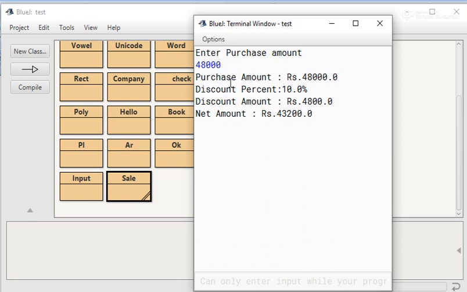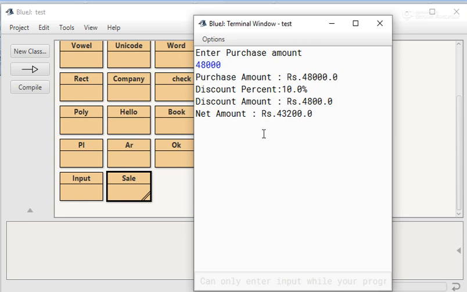So it gets a discount of 10%. Now discount amount is calculated as 4,800, and after deducting the discount amount, it displays the net amount, 43,200. In this way, you can apply an if-else statement in your program to do different types of work depending on